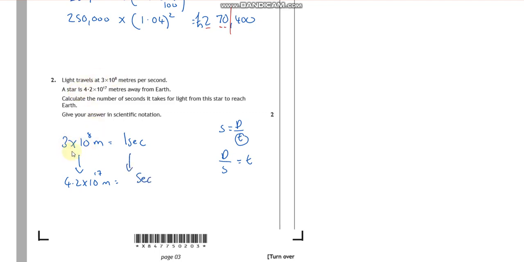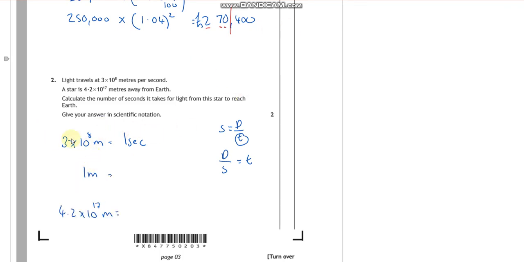If that was nicer numbers, say 1 and 5, you'd be saying times by 5, but it's slightly different, weirder numbers. How do I get from here to here? Well, you could divide by this number itself and then times by that. That would get you up to there. Let me just show you that. If I want to get to 1 meter, I need to divide by this number. Do I divide by itself? So that'll give me